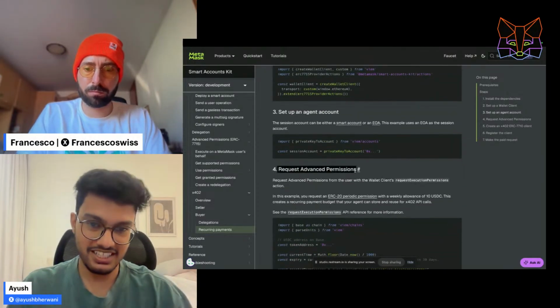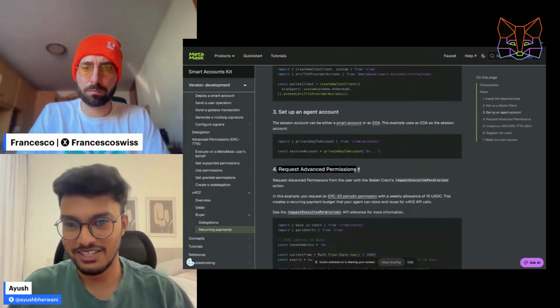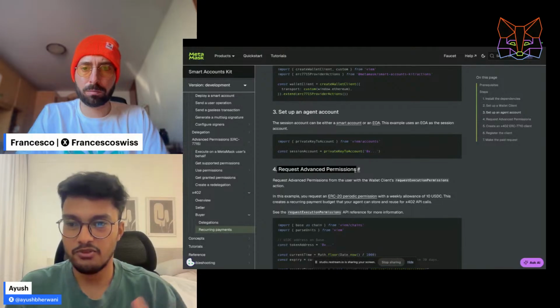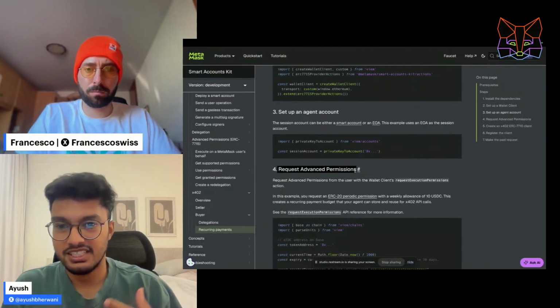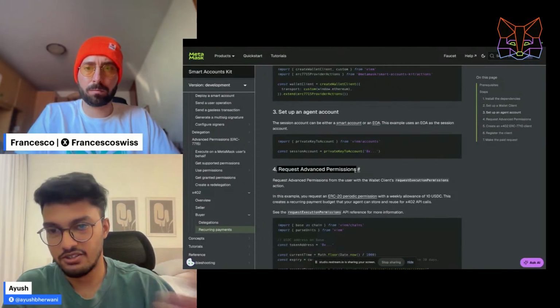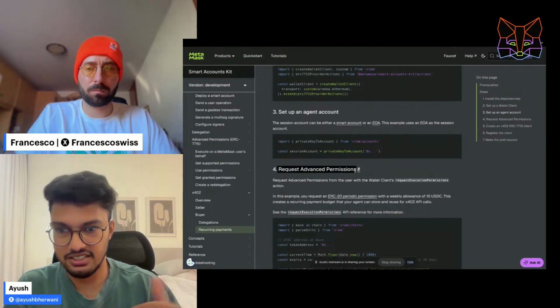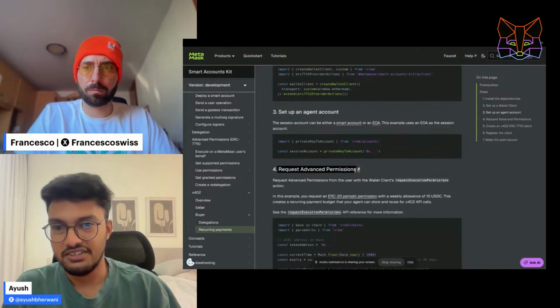Now you might be thinking, oh, there are so many random words coming up. But we talked about delegations. Delegation is basically giving permission to some other contract or account to execute any kind of on-chain actions. So if you want to do it via a MetaMask account, you can request advanced permissions.